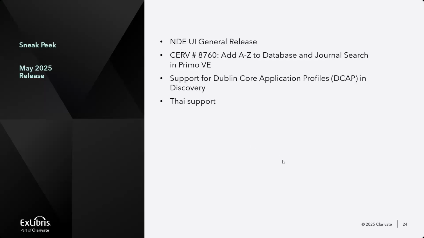Okay, what's next with May? As we mentioned, in the May release, the general release for the NDE, we will provide a lot of information. In addition to that, we continue to deliver the roadmap. One of the highlights is to deliver the A to Z database and journal search in Primo VE. This is something that users are interested in, and we would like to provide it in addition to the autocomplete